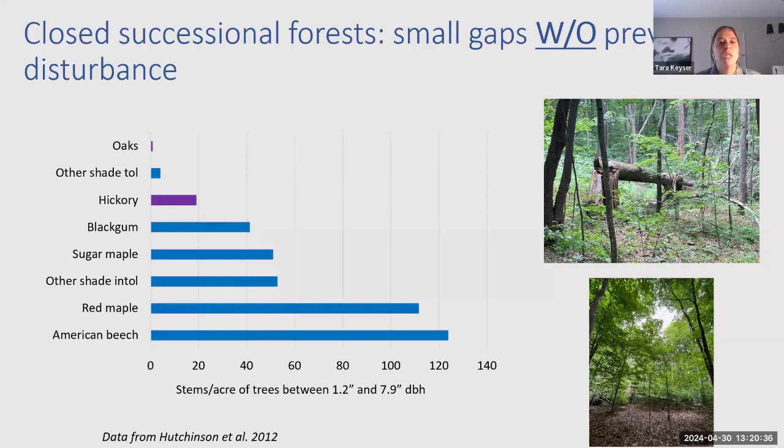So these data with species on the y-axis and stems per acre on the x-axis show the response of the regeneration layer to canopy gaps. And these gaps were created by some drought-related mortality up in southeastern Ohio. And it's clear from these data that small gaps created in these long, undisturbed forests facilitate the growth and recruitment of shade-tolerant species like beech, maple, black gum, with our mid-tolerant oaks and hickories clearly at a